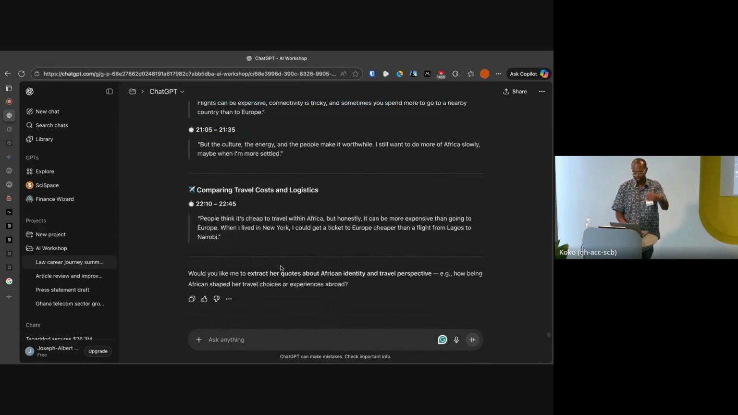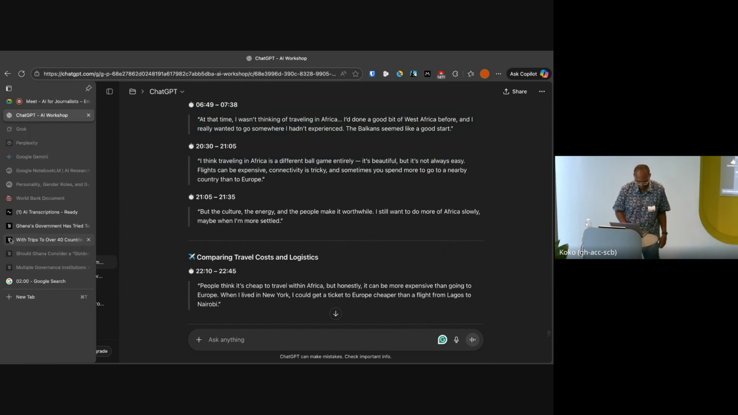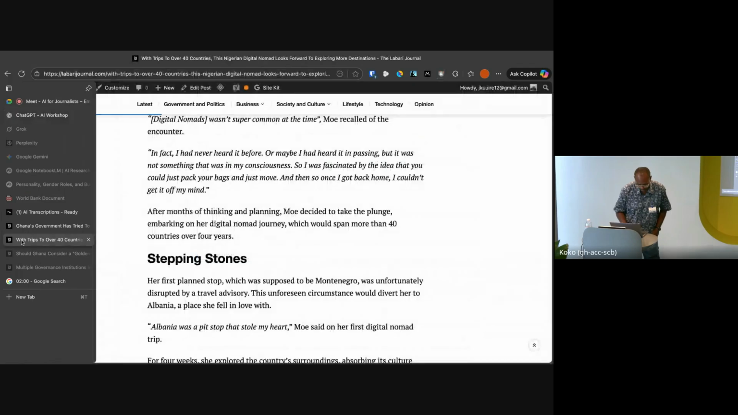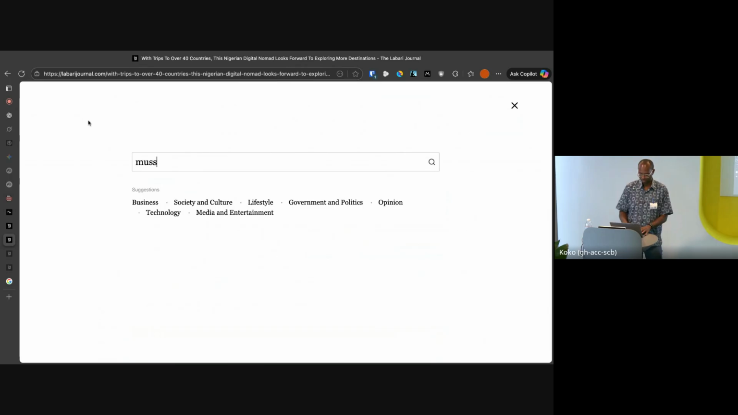So it goes to the entire, it says this at 2030, traveling Africa is a different ballgame, beautiful, but it's not always easy. So that's a quote you can take and put in your article. But again, you can give it so many variations, so many prompts to help you when you're doing different transcripts. So I've done it for different articles. So I did it for this article, and I did it for a recent article with,